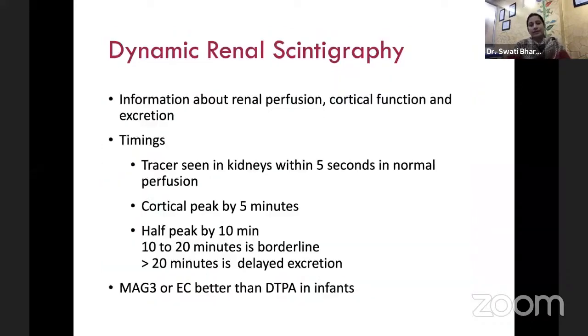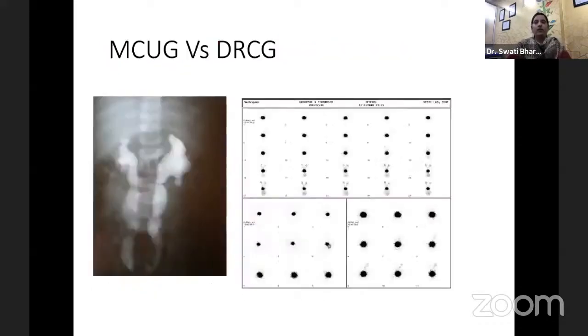So to summarize, dynamic renal scan gives information about renal perfusion, cortical function and excretion. In normal kidneys, tracer can be seen within 5 seconds, cortical peak appears by 5 minutes, and if drainage is delayed, T-half beyond 20 minutes, it is delayed excretion, and MAG3 and EC are better than DTPA in infants. Other applications of nuclear studies is direct